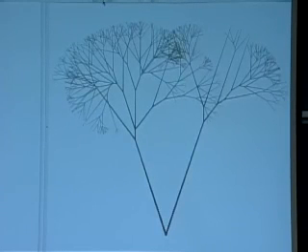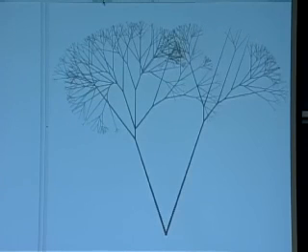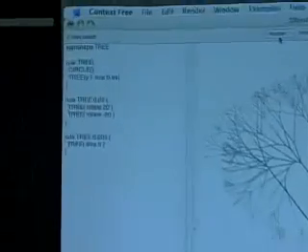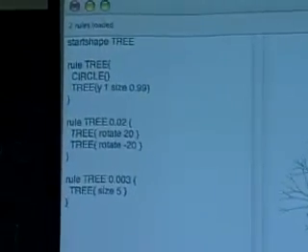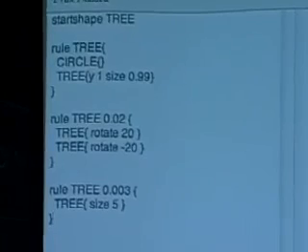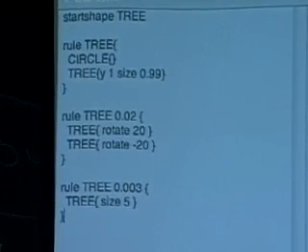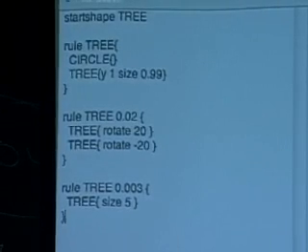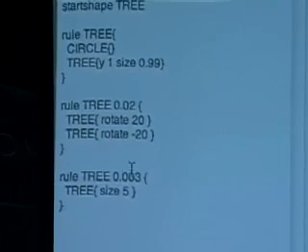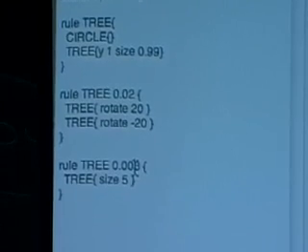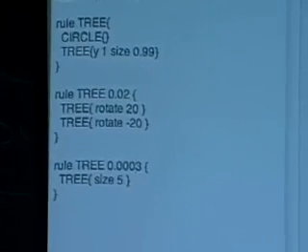And when we add this other rule, this is a rule that multiplies the size of the thing by 5, which is pretty extreme, right? But it happens with a very small probability. So I'll decrease the probability even more, 0.0003.